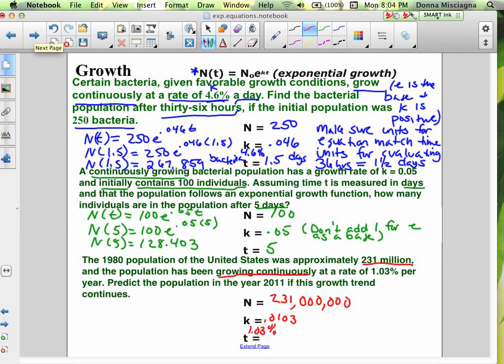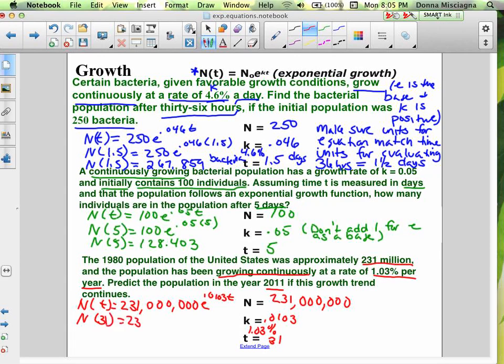0.0103. Our time is, so in the year 2011. Our equation is in years, so we have no problem with the units. And 2011 will be 20 years to get to 2000, and another 11 years means 31 years. Okay? So the amount for any amount of time is 231 and then 6 zeros, e to the 0.0103 t power, right? And we want to know for 31 years,